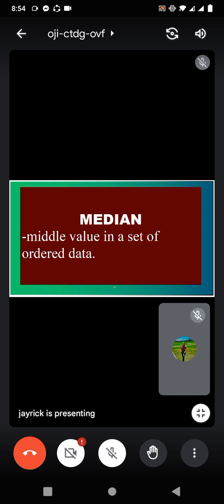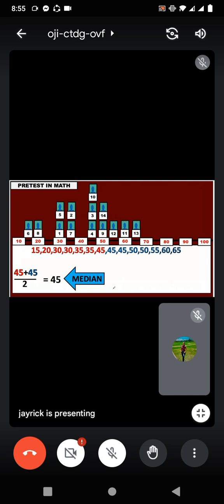After that, we can now identify the middle value. Again, when we say median, it is the middle value. Before we can get the middle value, we have to put all of the data in the data set in order so that we can say that this is now a set of ordered data. Now, based on the definition of the median, who can explain why the median value is 45?